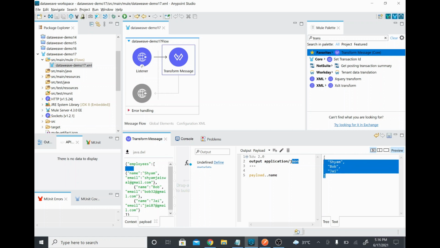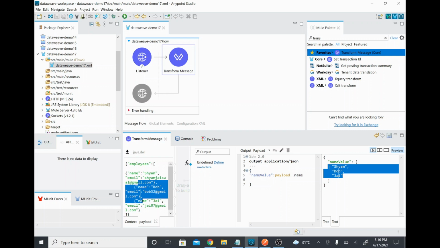JSON normally has a key and value pair, right? This is one line and it still works, but if I want multiple lines, then I have to enclose this with an object. When we add a JSON object, you need a key value pair. So I'll keep name value as the key, then a colon, and then you will have that value coming properly. Now if you see here, name value, and the values are coming properly. These are the names from the 3 different objects in the input. I have tested with my sample payload, and I am getting the output.